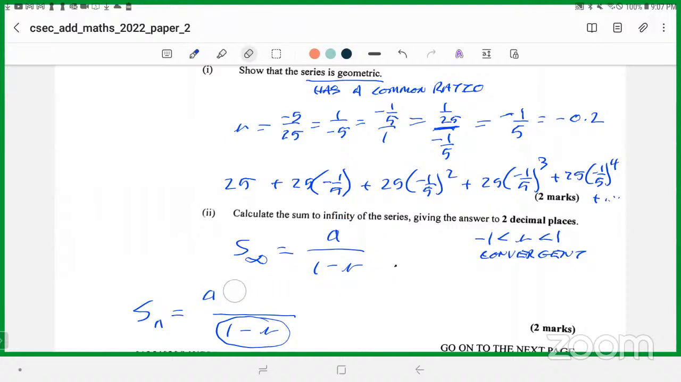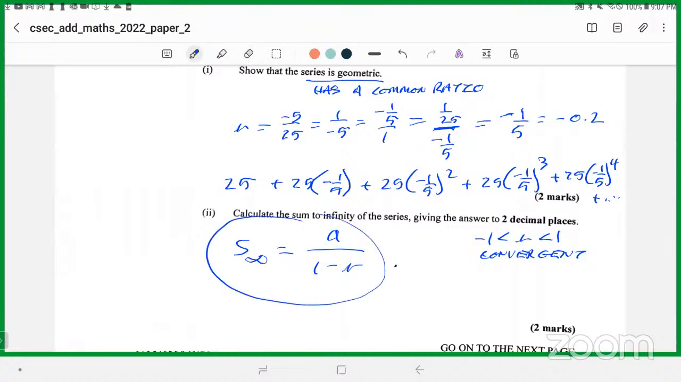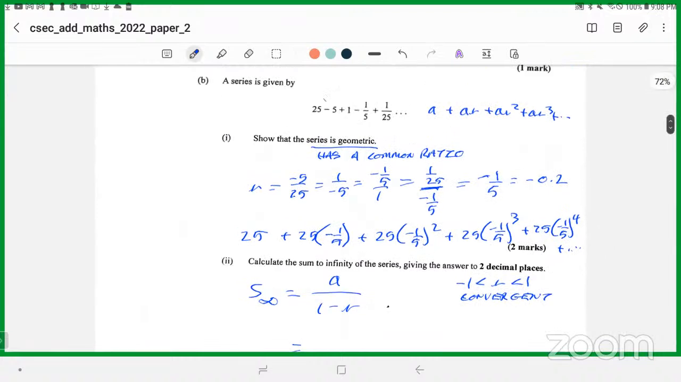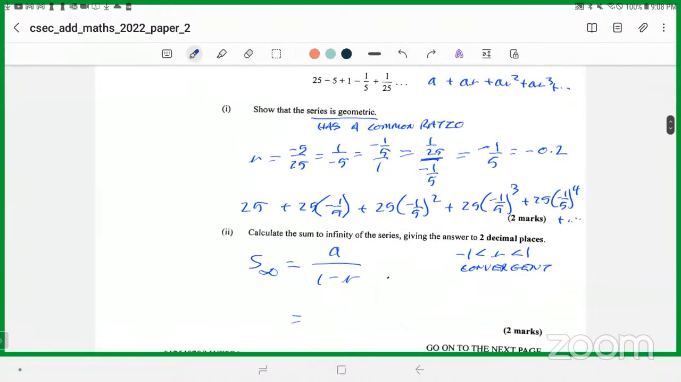I don't think they'll ask you to prove it, but it's good to understand it. And it is actually on the formula sheet as a sum to infinity. So it's a matter of plugging in the a and the r. The a is the first term in the series, which is 25. So this becomes 25 divided by